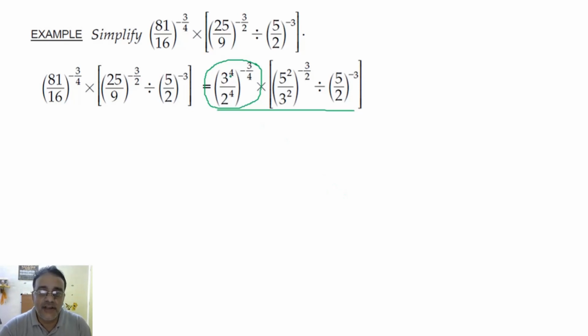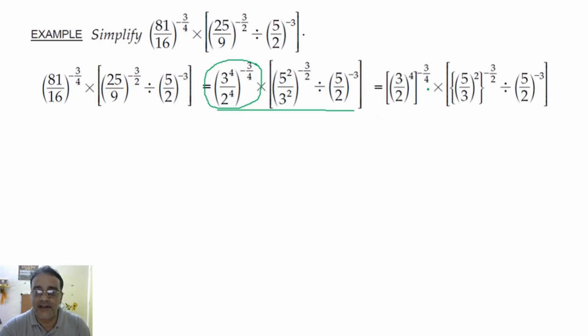सो यहाँ से हम लोग 4 बाहर निकाल लेंगे और यहाँ से हम लोग 2 बाहर निकाल लेंगे. दिख रहा है यहाँ से? Yes, sir. ओके. सो देखो 4 और ये 2 निकाल लिए by using this property. Any doubt?